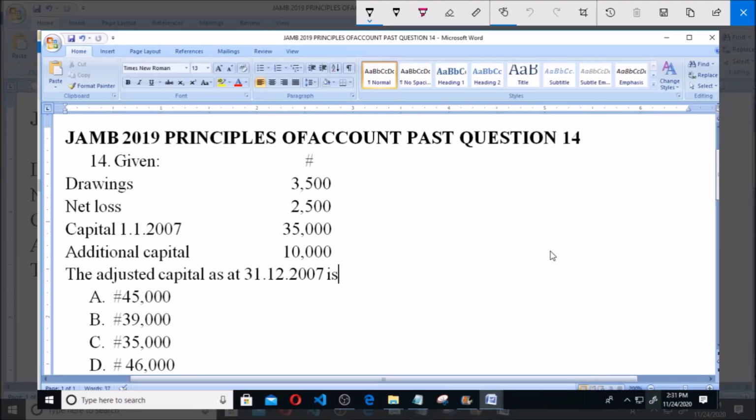Past question number 14. We're given the information below. Drawings 3,500, net loss 2,500, capital at 1st January 2007 at 35,000, and additional capital of 10,000 naira. The question says the adjusted capital as at 31st December 2007 is what? Now, to get adjusted capital,